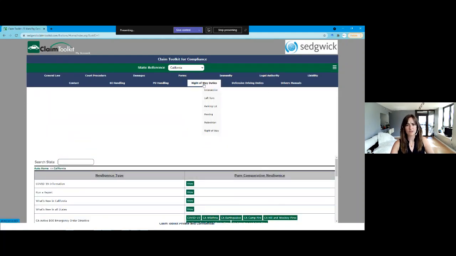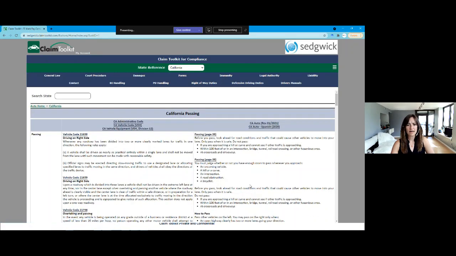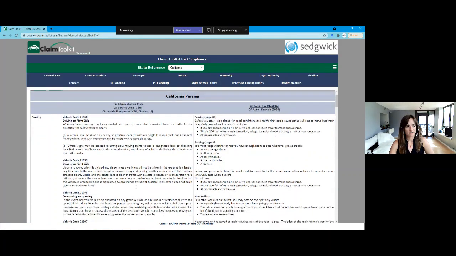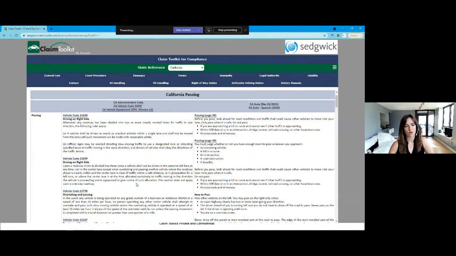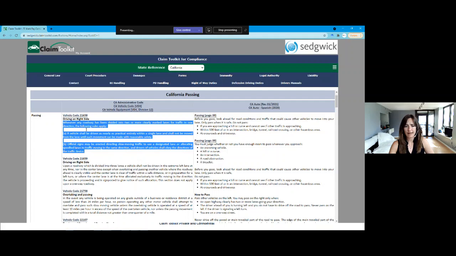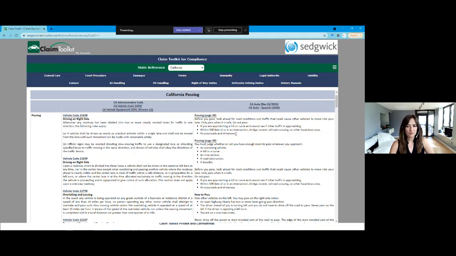Now we're going to jump into one of these charts. Let's say passing. I'm just going to highlight for you the setup of these charts. As you see here, it's a 2-column format. On the left-hand side, we are going to give you the applicable statute, admin, but directly to the right, we're going to line it up directly with the exact page in the driver's manual that speaks specifically to that law